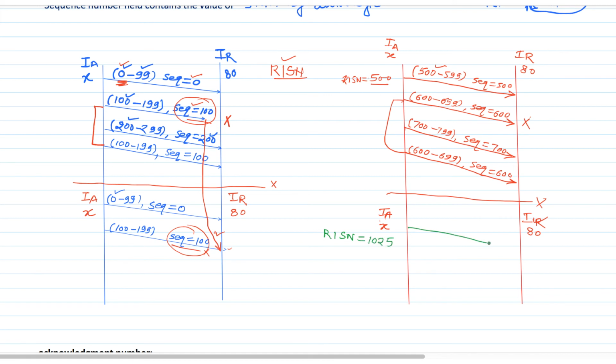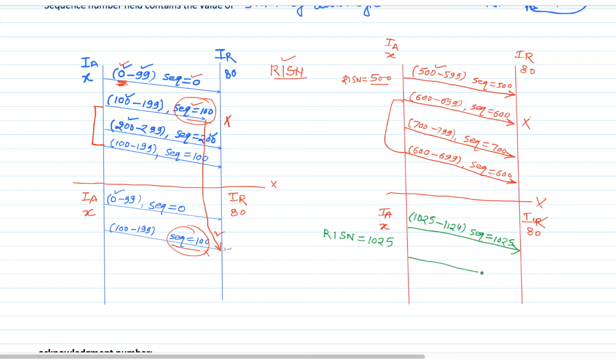Then the first 100 data bytes will have the sequence numbers 1025 to 1124, and the sequence number field will contain 1025.